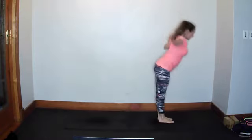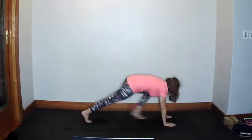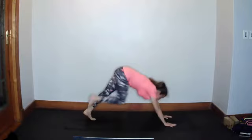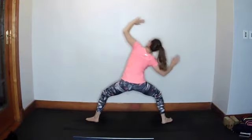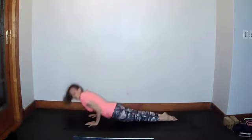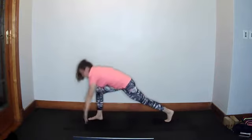Let's do the left side, so coming down, hands front, side, inhale, left back, right back, down, up, down dog, left forward, up you come, goddess, over to the left, over to the right, up you come to the back of the mat, hands down, step back, chaturanga, Urdhva Mukha, down dog, step forward, left, up you come, goddess, over to the left, over to the right,